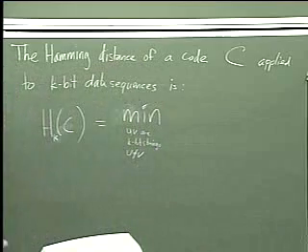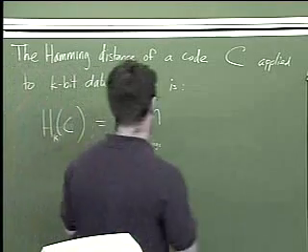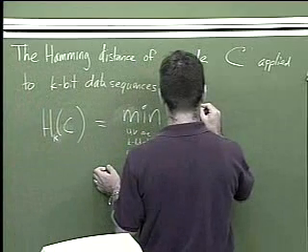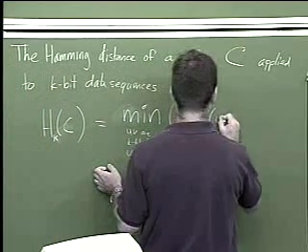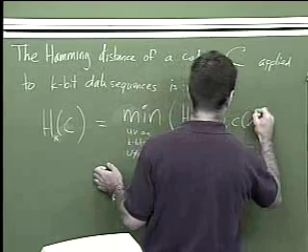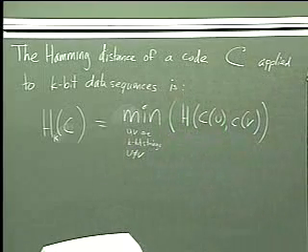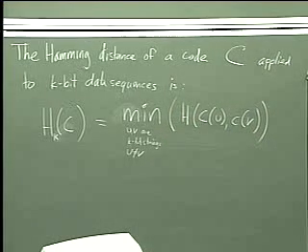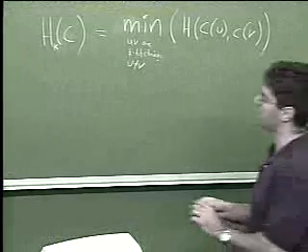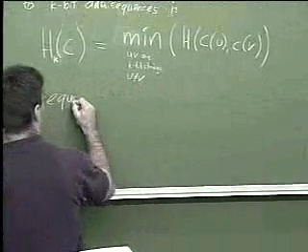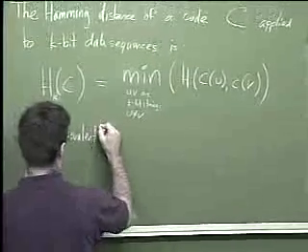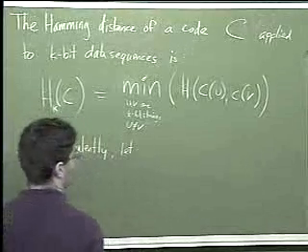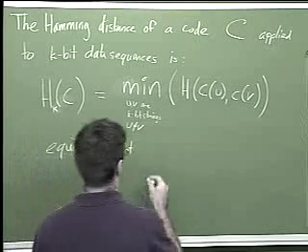So they're two different k-bit strings, of the Hamming distance between the coded u and the coded v. Okay? Equivalently,